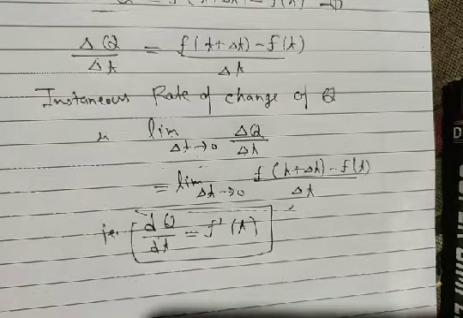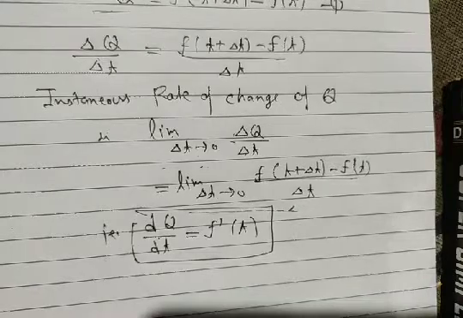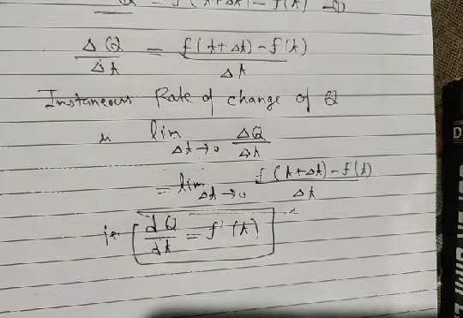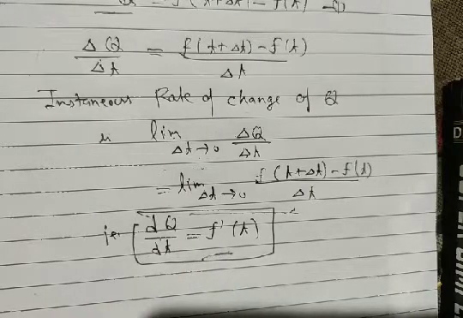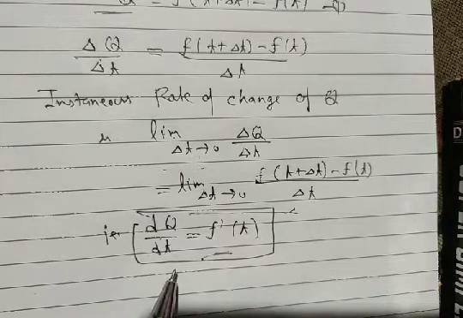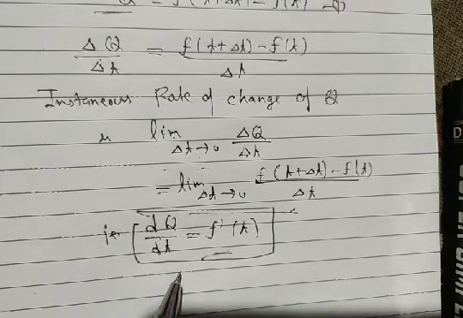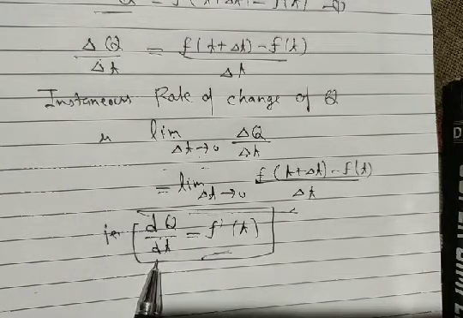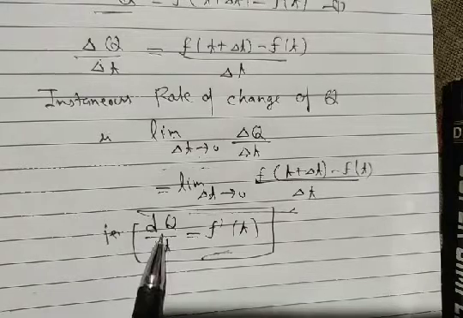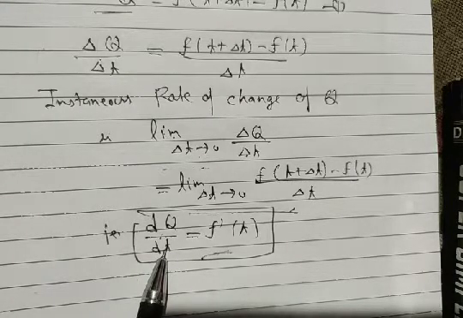The instantaneous rate of change of q, where we take q as a function of t, q equals f(t), at time t is in general equal to the slope of the line tangent to the curve, because our derivative is the slope of the tangent to the curve. Then the word instantaneous is often dropped. The dq/dt represents the rate of change, and by rate of change we mean the instantaneous rate of change.